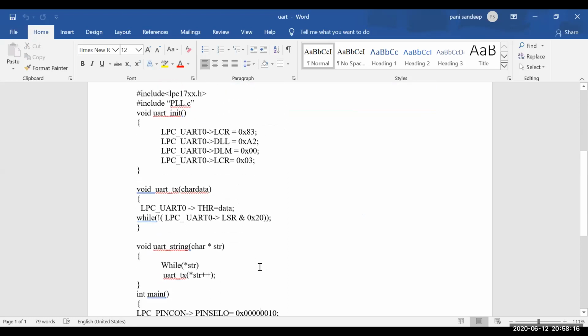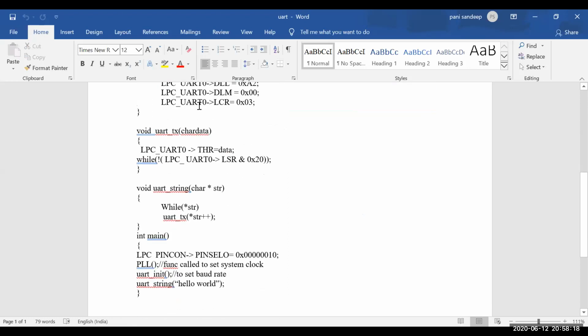Now one more thing, I'll explain these as well. The UART string is whatever string you want to transmit, and it will be transmitted as characters, as an argument through this particular function. So first H will be moved here. While there is a character, transmit H. It will go here and transmit. Whatever data you want to transmit should be transmitted through THR, so this data will be moved to THR.